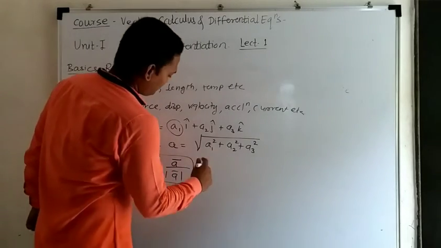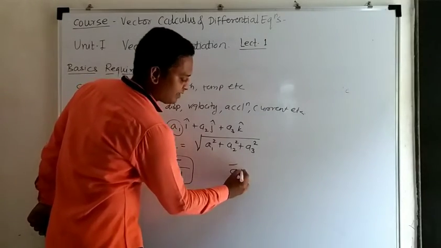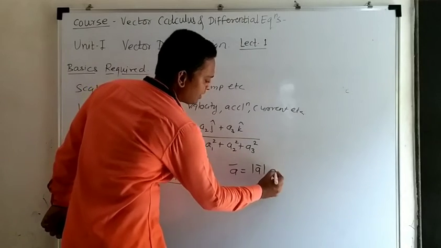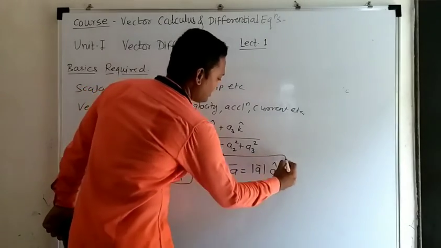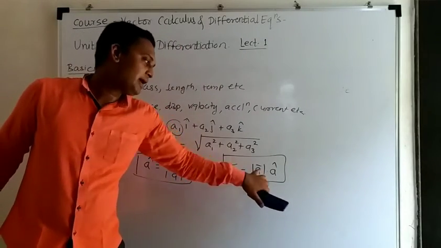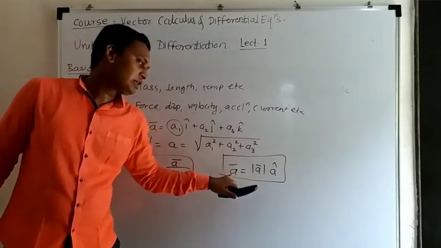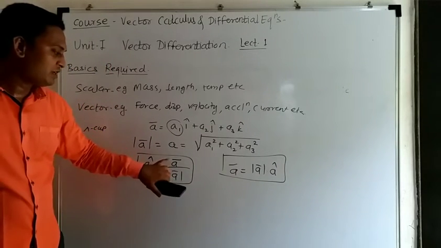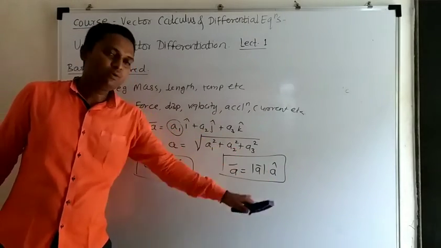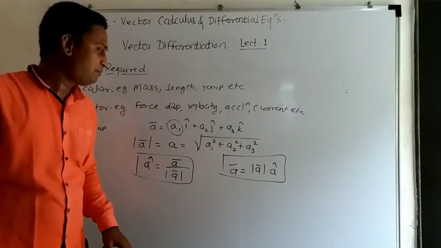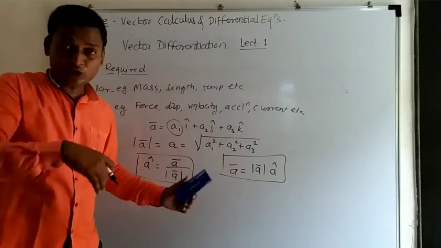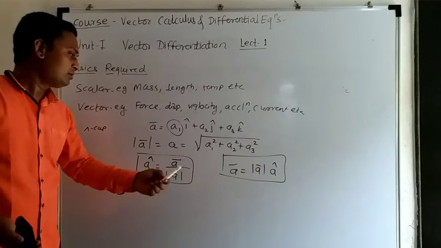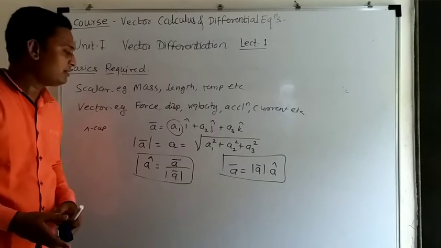Okay. So using this relation we can write any vector A bar as product of its magnitude and its direction. This is the multiplication of magnitude and direction. If you multiply direction of vector by magnitude, you will get that vector. Okay, just cross multiplication. We have taken this from the denominator on the left hand side. So we can write that A bar equal to magnitude of A bar into A cap. So this we can do for any vector A bar. Any vector A bar can be written as the product of its magnitude and direction. So this relation we can derive from the definition of magnitude and direction.